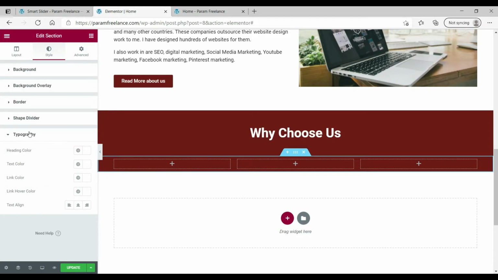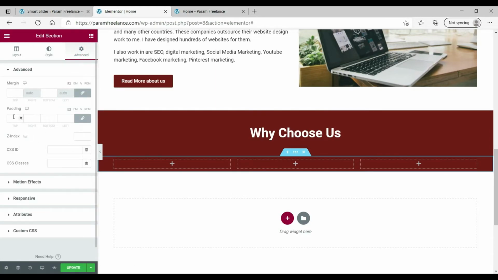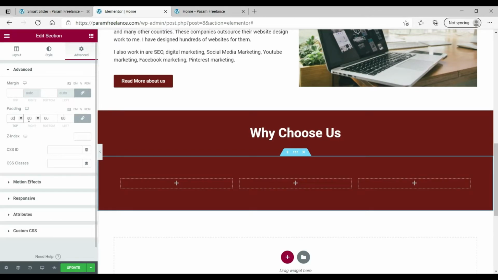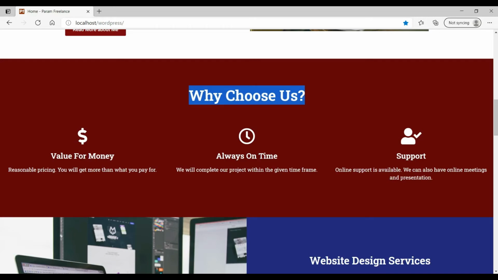Okay, so everything will be white. Add padding. Let's make it 60. We don't want the padding to the right and the left, so unlink it. Done.